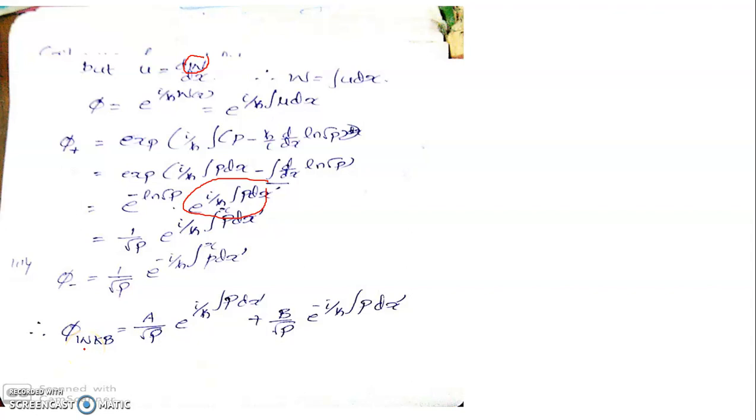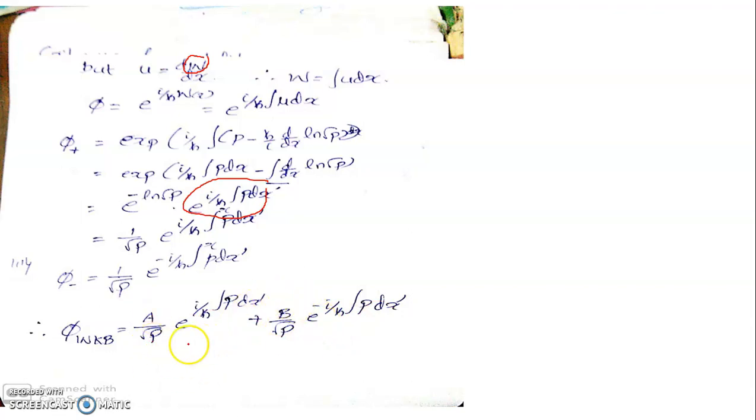It always satisfies the superposition principle. So the overall WKB wave function can be written as A by root p. So this is the first solution and this is the second solution. We take a linear combination of these two solutions and write down the most general solution with A and B